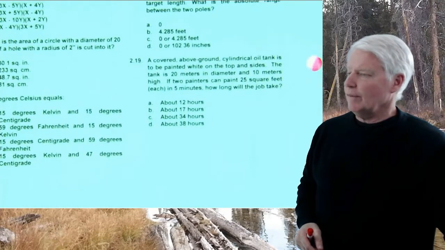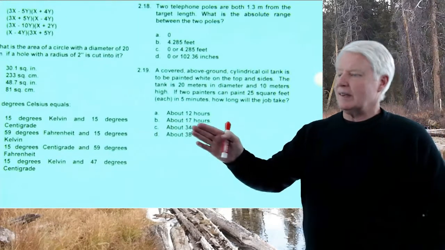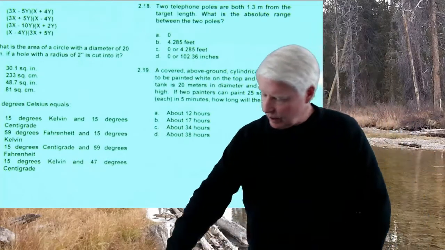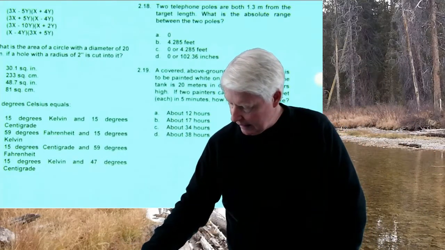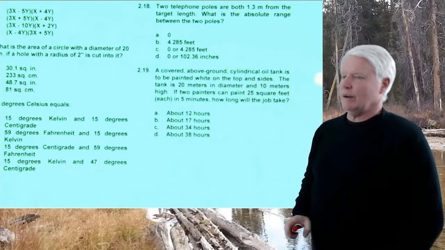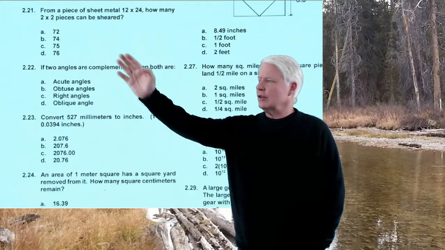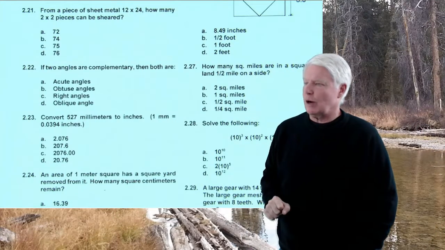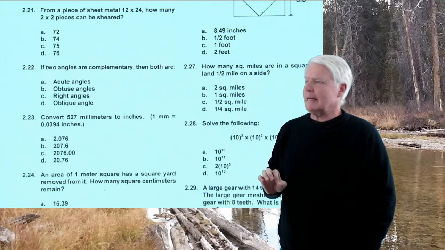So the correct answer, hopefully, is B, 17 hours. So 219 is B, which is 17 hours. Okay, let's go ahead. 221, from a piece of sheet metal 12 by 24, how many 2 by 2 pieces